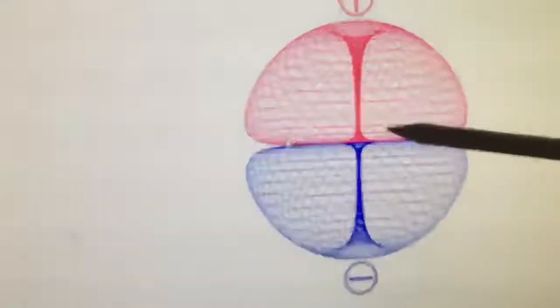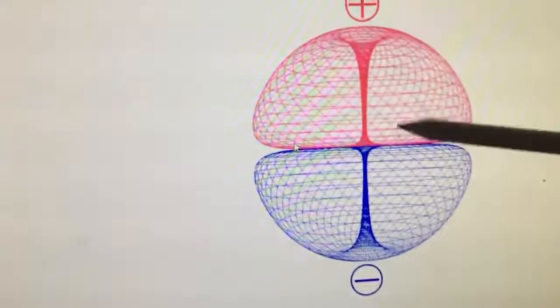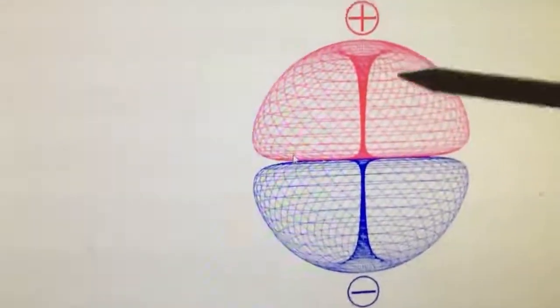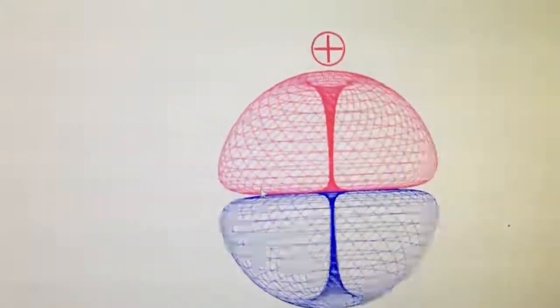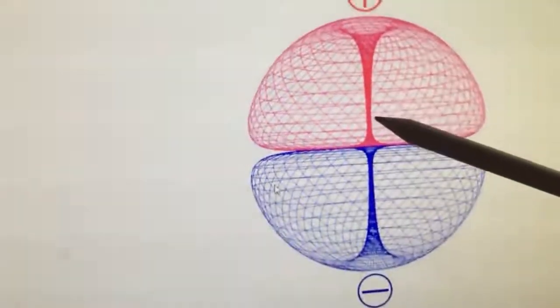So the negative would be repelling or attracting the positive. They would be attractive forces. They would be sucking to each other. Okay, so let's have it like that. Put it like that for now, and then say that